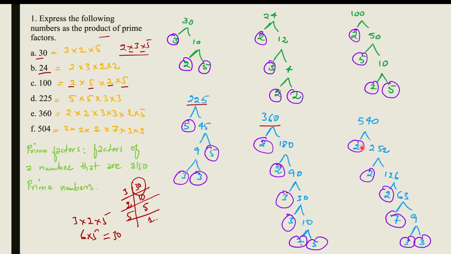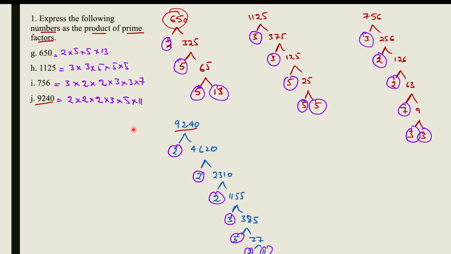Then 540, we write it as 2 factors. If a factor is a prime, it is circled. If it is a composite, it is split into 2 factors. We keep splitting it till we get 2 primes, and then we write it in ascending order with a multiplication sign, as you can see here. Continuing,